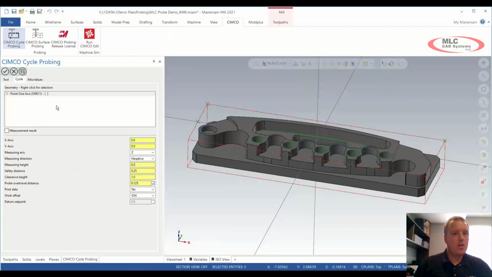Or cycle page. Right-click, we'll say select points. In this case, we're going to go ahead and select on my origin point. That's going to be my one to hit. And one thing I want to note here is that we do have an option down here called datum set